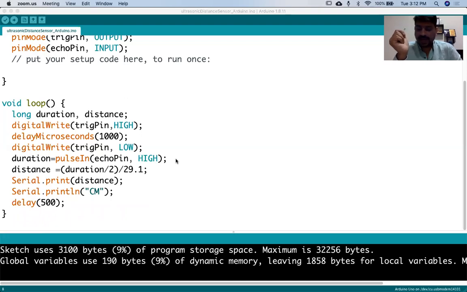And why I have shown you this particular sensor is because this sensor works on 5 voltage power supply. So always, if you use an ultrasonic sensor, you have to use an Arduino Uno board to give 5 voltage power supply, or you can give 5 voltage power supply by tuning it to a different voltage.